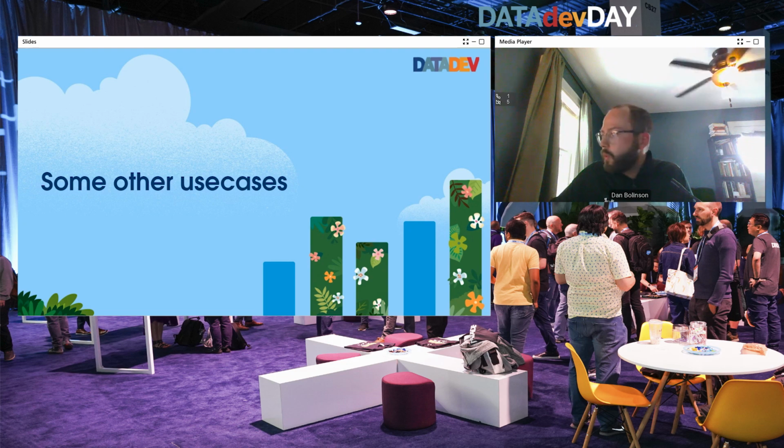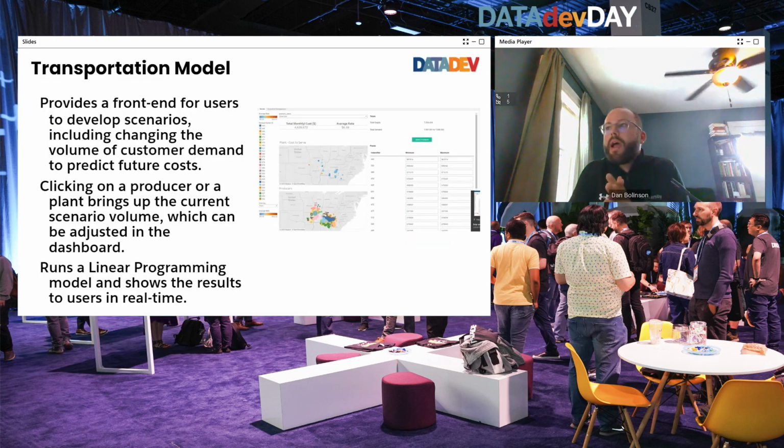I think we'll probably skip some of these other use cases. I will just maybe point out one. I won't pull this up because I think we're running a touch short on time, but this is another use case where we have developed a machine learning model or data science model that helps our clients run scenarios